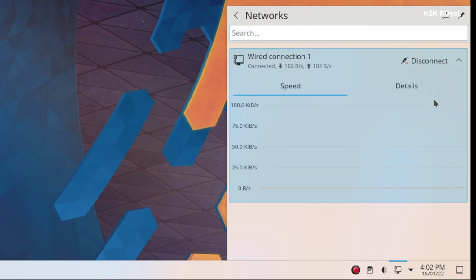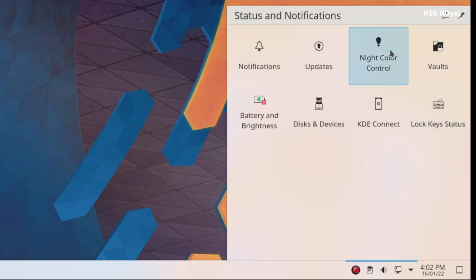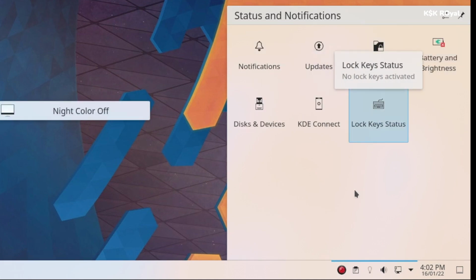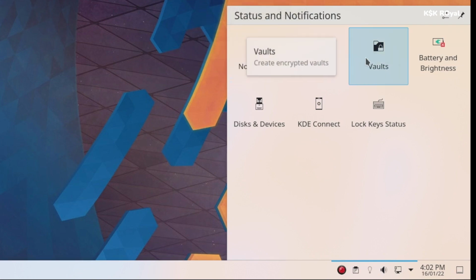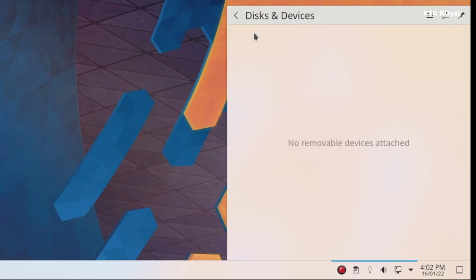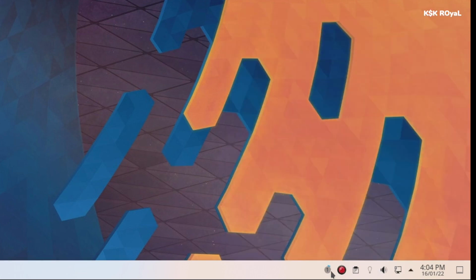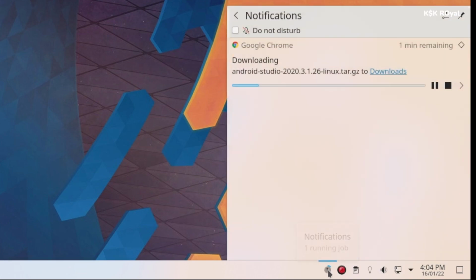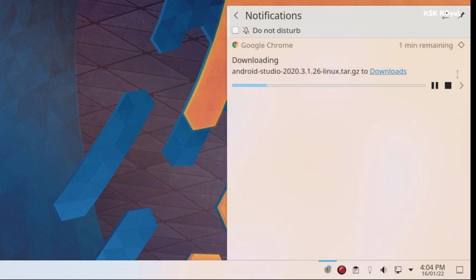Now one of my favorite parts of Plasma Desktop is the notifications. The bottom right section houses space for a notification sheet. This shows the currently active tasks and recent actions. For example, when you are downloading a file from the browser, you can see the ongoing download progress of the file. You can also read new emails, quickly reply to messages, check for system updates, and enable Do Not Disturb mode to concentrate on your work.